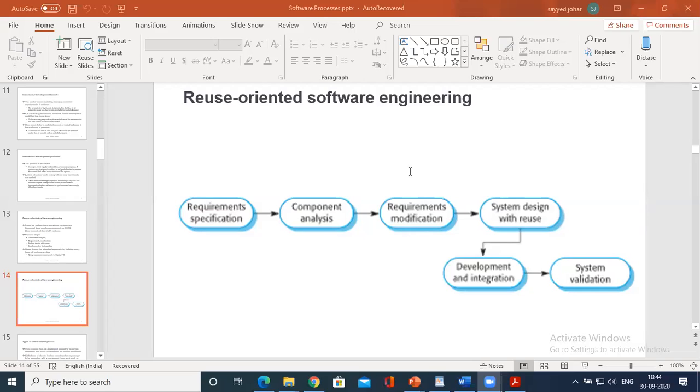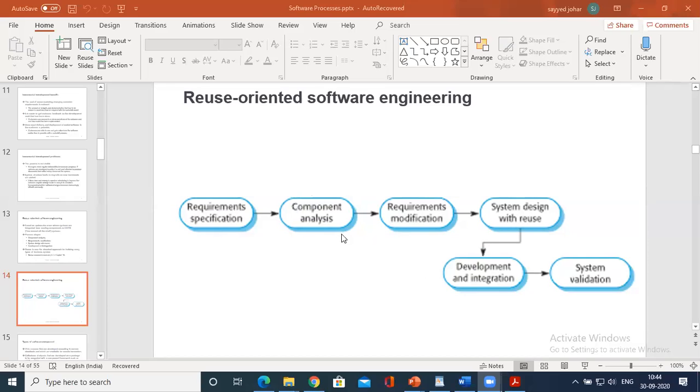You could see the diagram. Though the initial requirement specification and the validation stages are comparable with other software processes, the intermediate stages in the reuse oriented process are different.